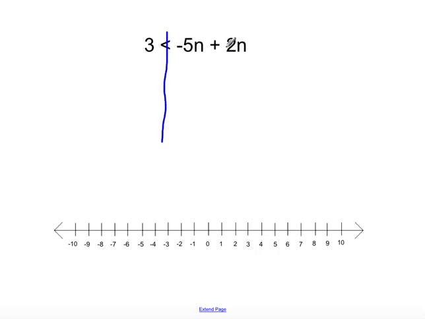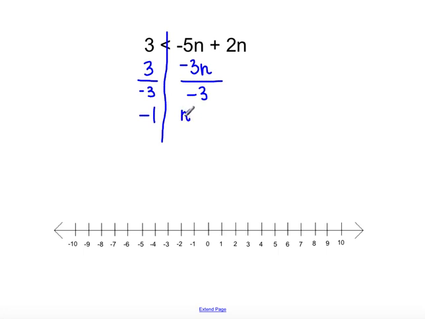So I can combine these two. Negative 5n plus 2n is negative 3n. Okay, so 3 is less than negative 3n. In order to get n all alone, I'm going to divide by negative 3. Now this is really important because any time you divide by a negative, you have to flip the sign. So this answer became negative 1,